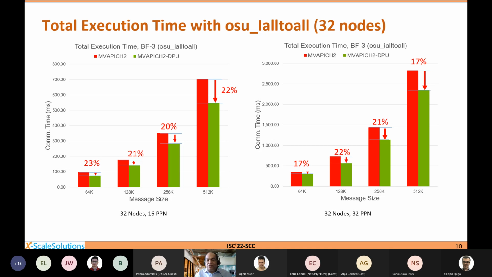Okay. So here are some sample numbers. What we have done: let's take a non-blocking all-to-all, and these numbers are all taken with the OSU micro benchmarks, which many of you must be familiar with, called OMB. We are using the standard micro benchmarks to report this number, and you should be able to get exactly the same numbers. Here we are running on 32 nodes. On the left-hand side you can see 32 nodes with 16 ppn,